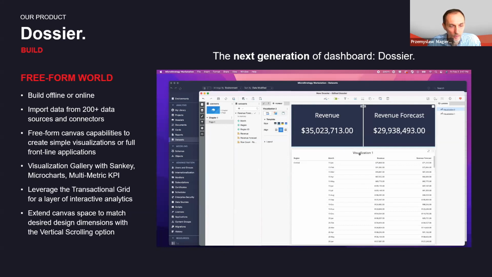Also, some newer features that were introduced recently are related to how things can be put on the screen, right? And what are the layouts available. We provided our customers with freeform canvas capabilities that allow you to create simple visualizations of full frontline applications. Something similar if you are familiar with documents. Now you have very similar capabilities with very flexible